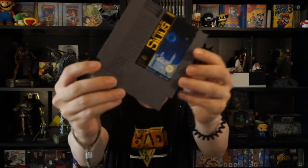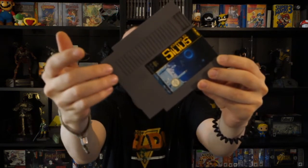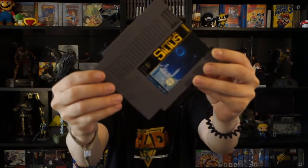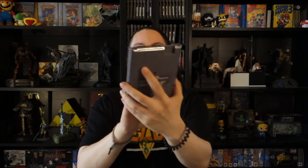Now, the card actually has seen its better days. There's some weird, I don't know if this is visible on the camera or not, but there's some weird blobs on the cart right here, and I actually don't know what would do this to a cart, but it's a really good game, so I'm still pretty happy about it. I might look for a replacement cart for this one in the future, but for now I'll be playing this